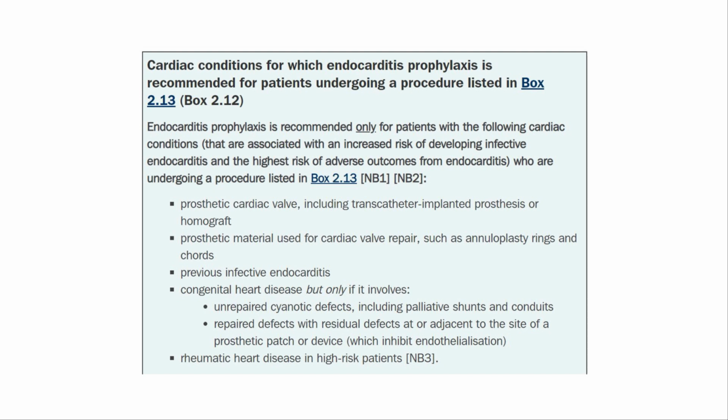Or if you're a high-risk patient that has rheumatic heart disease. So in that PBL case, the person didn't actually have rheumatic heart disease. They had congenital bicuspid aortic valve, which then led to aortic regurgitation and aortic stenosis at a young age. They didn't have rheumatic heart disease, but their brother or someone like that did. And that was sort of a discussion around indigenous health and rheumatic fever and rheumatic heart disease, which has nothing